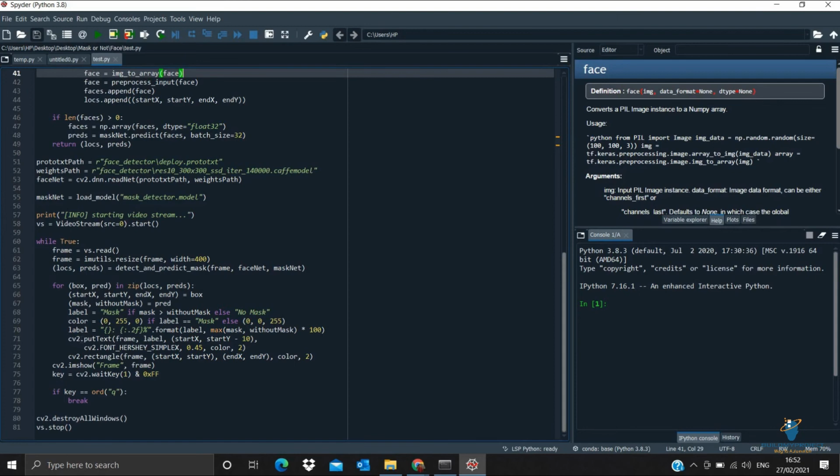That will work as an eye, a support system to turn on your camera and detect, which is nothing but computer vision, we can say. Like I have said, that is nothing but computer vision. That is the label if the person is wearing a mask. And if a person is not wearing a mask, then it will give the color red. These are nothing but color codes. If a person is wearing the mask, then 0, 255, 0 is the color code for green, and 0, 0, 255 is the color code for red. And then the label, obviously, will say whether a person is wearing a mask or not, and with how much percentage.